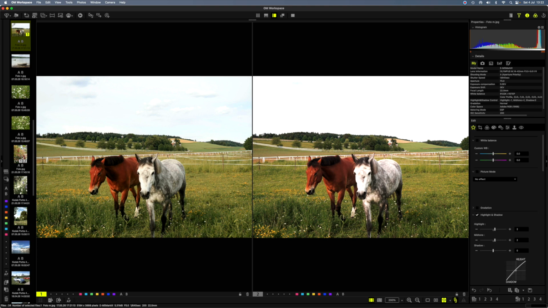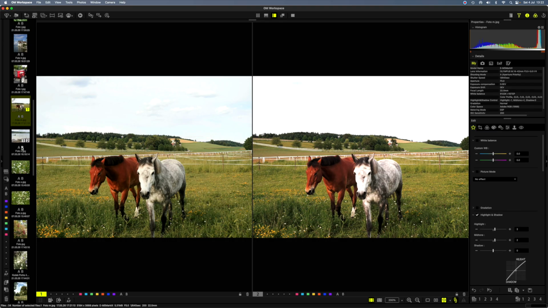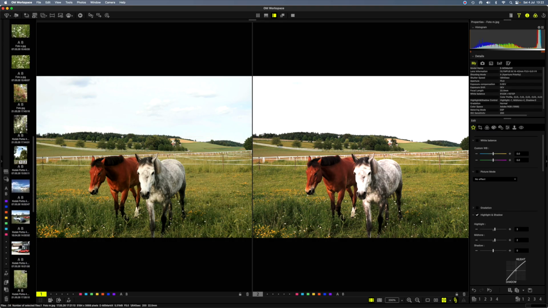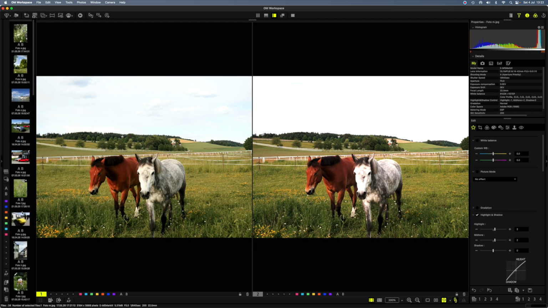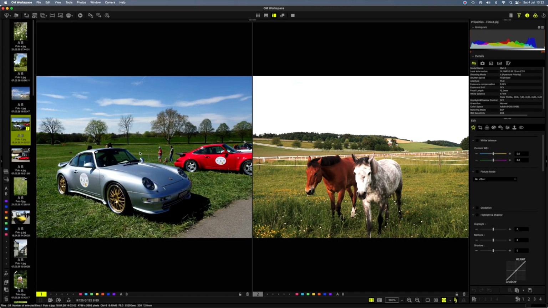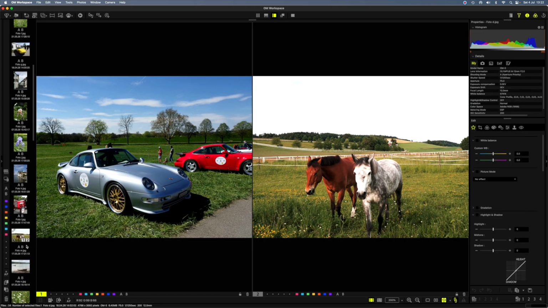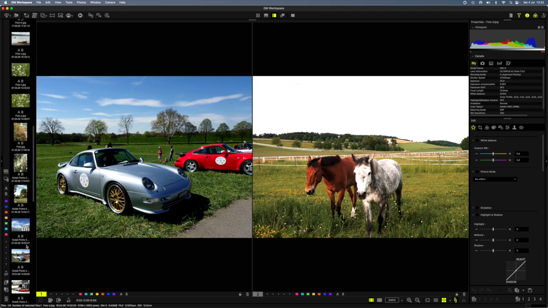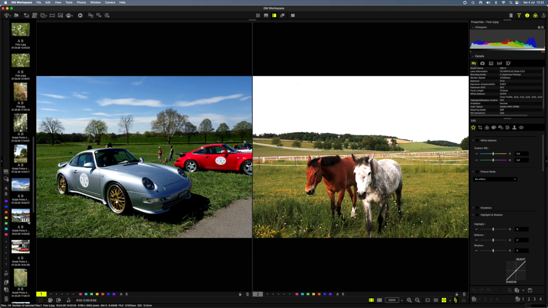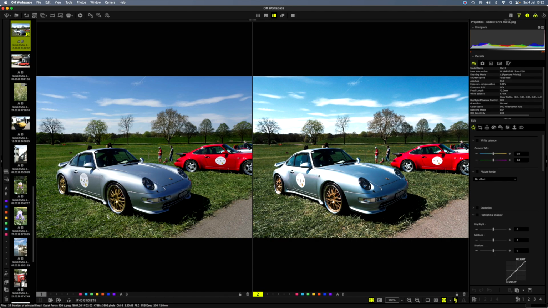If we go to something, let's have a look at reds, or let's have a look at blue skies. This is an interesting image to look at. This is the Kodak version. Let's look at the natural picture mode version. Then we go and select the Kodak version of this image too. And then we activate this one again. It's so important, don't forget to do that. And now we want to apply our settings.